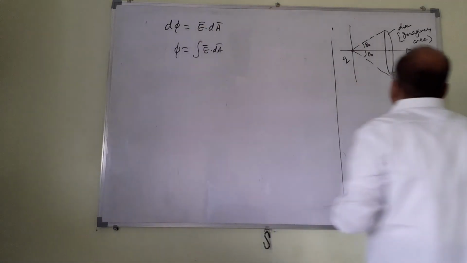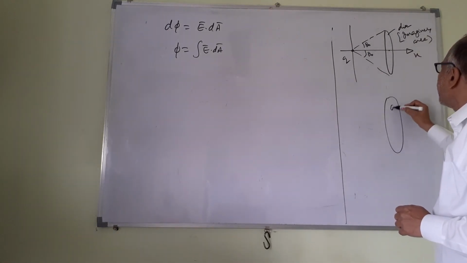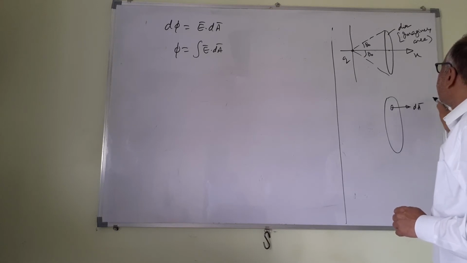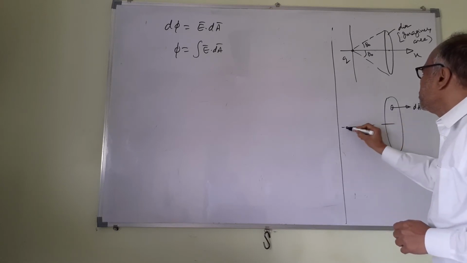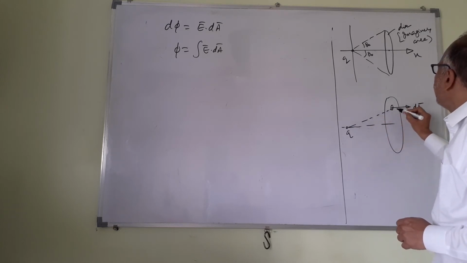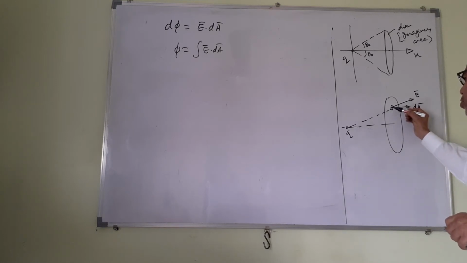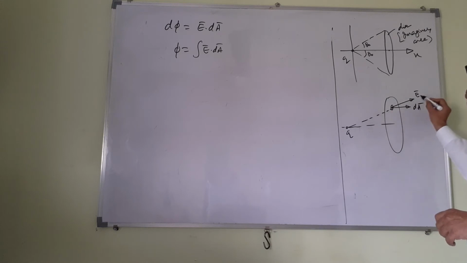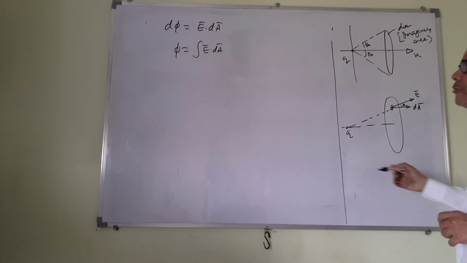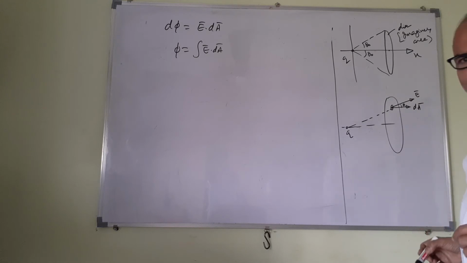Now in this situation, you can see that if I take this disk here and some area dA here, and this is the charge q. So at this point, if I want the field, I join these two, and E would be in this direction. Yes, if I place a test charge at that point, along the line joining the two charges would be E. So this would be theta, the angle between E and dA. So I'll have to integrate the E dot dA over the entire area to find the flux.